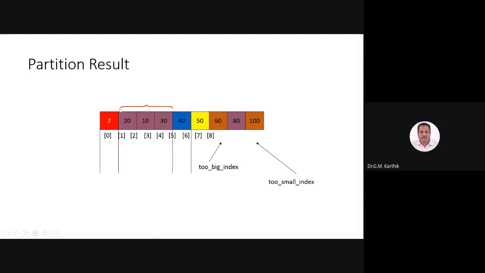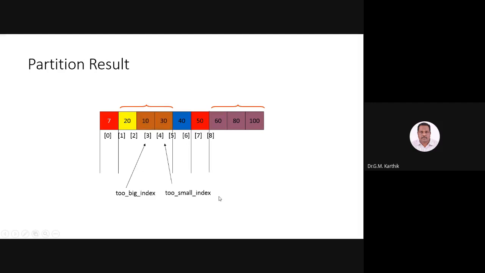Okay, so before going to this, we'll go for the right side of 40. Here 50 is chosen as the pivot, with 60, 80, and 100, in the same way. The big index is greater than 50, and for the small index you have to check. So I will check. There is no element. Both indexes get crossed, so 50 will take its place. Now I have two recursive calls, one for 7's right side and another for 50's right side. Now these two are going to be carried out.